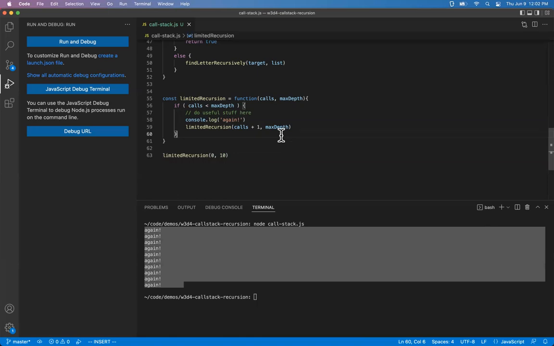Because I don't really have a base case defined in terms of the problem itself, because there is no actual problem here. I'm not solving anything. It's just a function that's calling itself with no real logic. But if I'm just thinking, whatever problem I'm trying to solve, there's no reason why it should take more than 10 tries, 10 recursions to get this right, I could set a max depth just to make sure that this doesn't run away infinitely. And on that note, that's really all I have to tell you about recursion beyond what we've covered so far